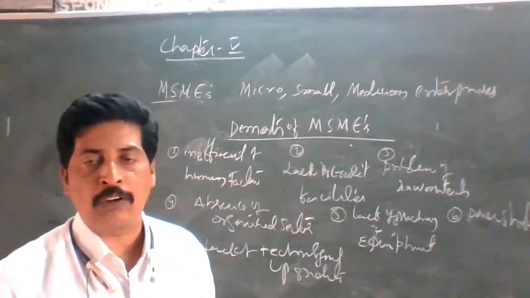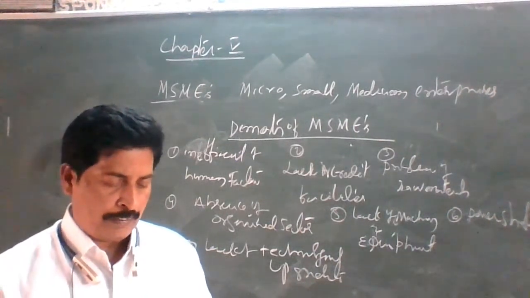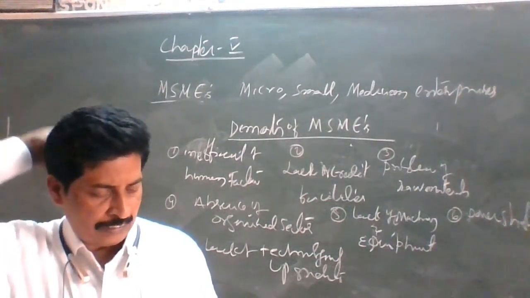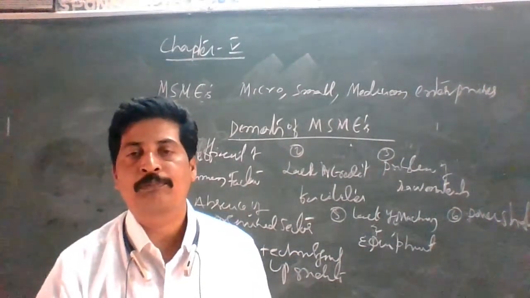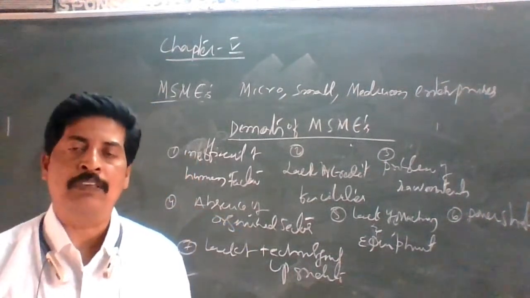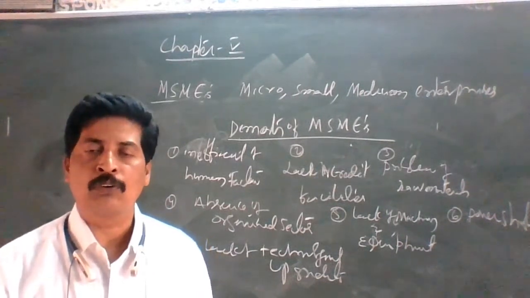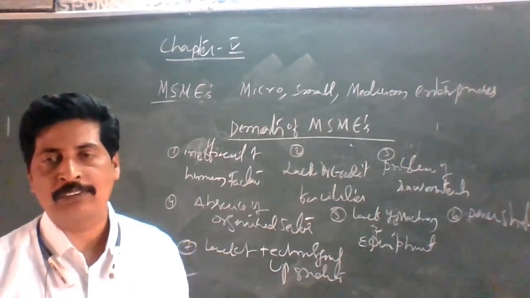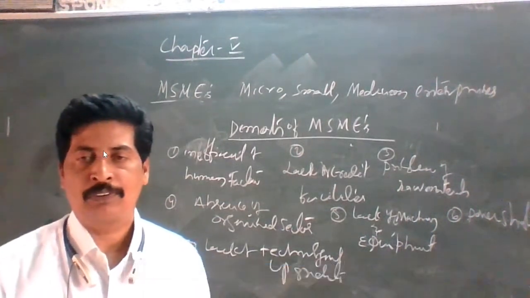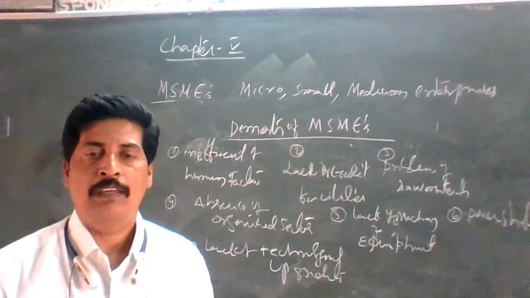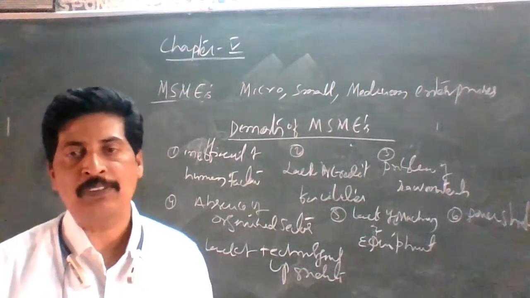So it is old type of technology MSMEs are using. It is found that the level of productivity and technology used by small scale sector are not globally competitive. Whatever the technology MSMEs are using, it is not, in the present sense, globally competitive. As a result, MSME is facing a lot of marketing problems. For their goods there is no market, there are no consumers who purchase these goods produced by MSMEs.